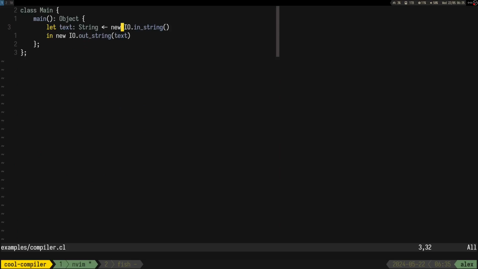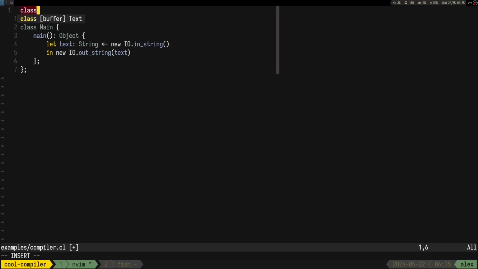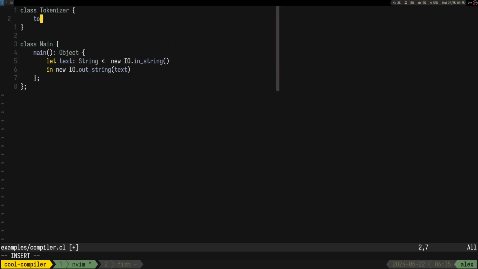So okay, what would be next, you know, from the past experience is to actually tokenize the text. So let's do class Tokenizer. Okay, so what should this return? I would say it's a linked list of tokens.